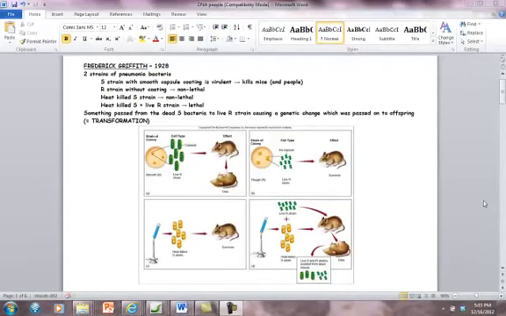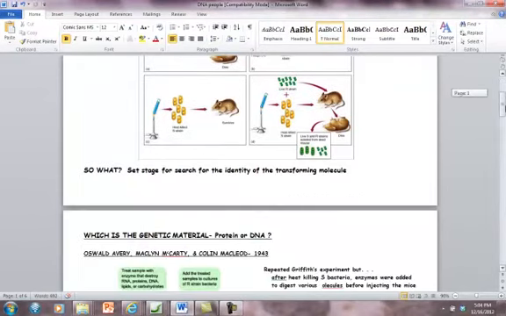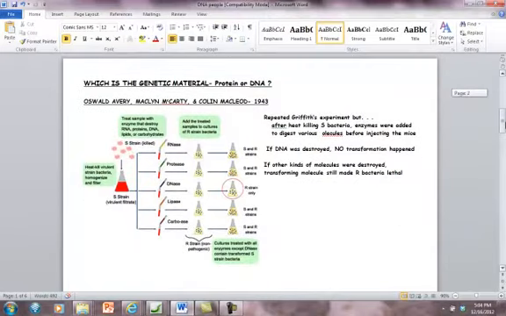Let's take a look at these two experiments now. The Frederick Griffith experiment in 1928 was looking at those two strains of bacteria and seeing the ability of the lethal bacteria to pass information to the non-lethal bacteria, even though they were heat killed. There was some kind of molecule that was passing between those cells that carried the genetic information. Griffith didn't know exactly what that was, but Avery took those experiments one step further in the early 1940s by repeating Griffith's experiment, but before he added